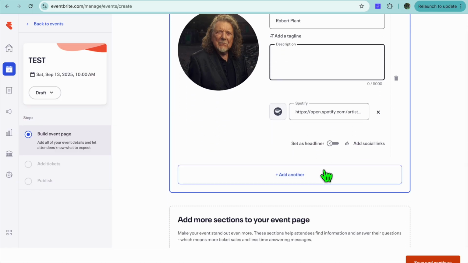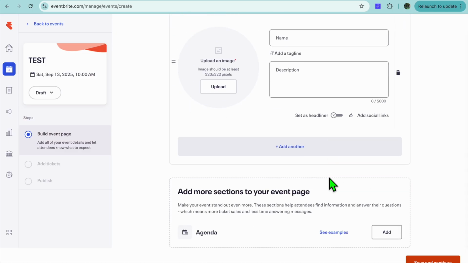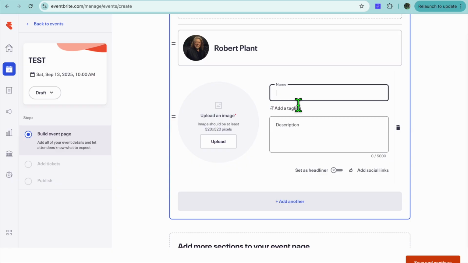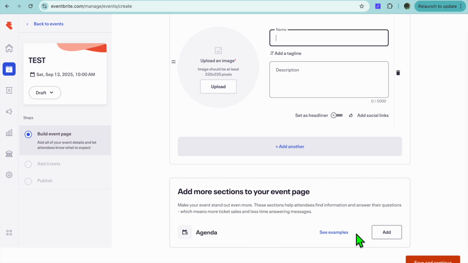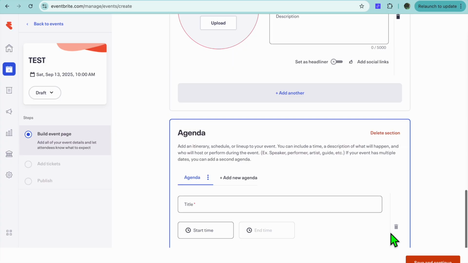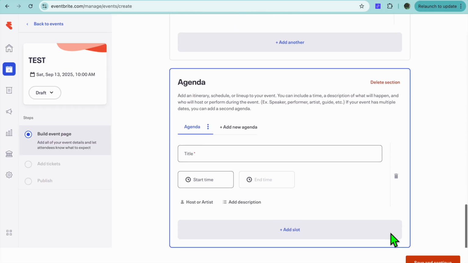After doing that, you can also scroll down and you can add more persons by tapping on add another. After selecting add another, you can put in the person's name again and then you'll be able to add more. Another thing that you could also do right where you see agenda, you can tap on add. And from here, you'll be able to add in the title and you'll be able to add the host or